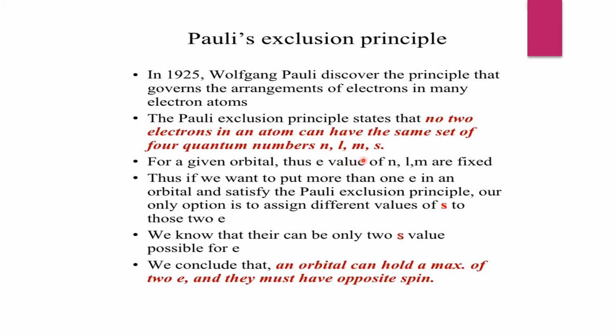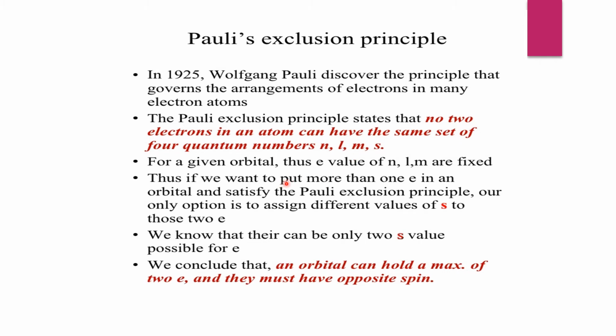l, m and s. So according to Pauli's exclusion principle, no 2 electrons in an atom can have the same set of 4 quantum numbers n, l, m and s. So according to this principle, an orbital can have 2 electrons and each electron will have a set of the 4 quantum numbers. Again, the other electron which is present along with the first electron will not have the 4 quantum numbers same. So this states that no two electrons will have all the quantum numbers same.